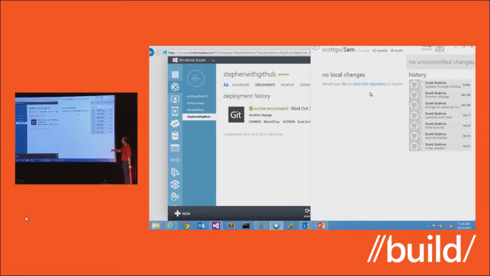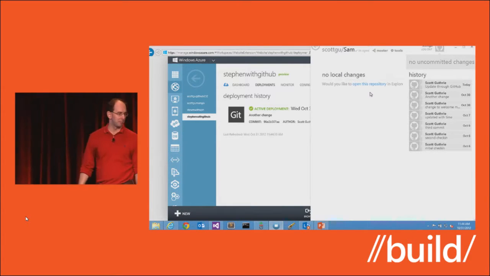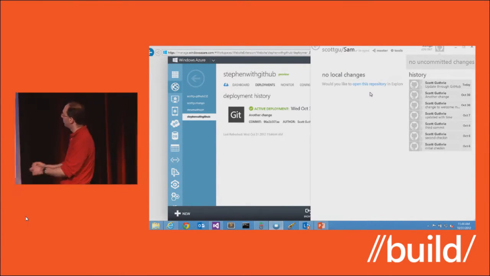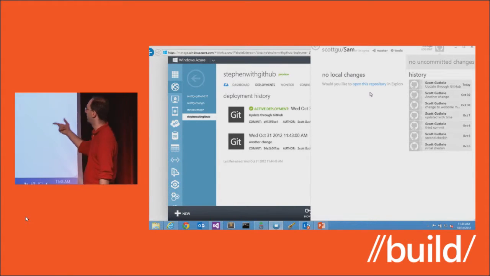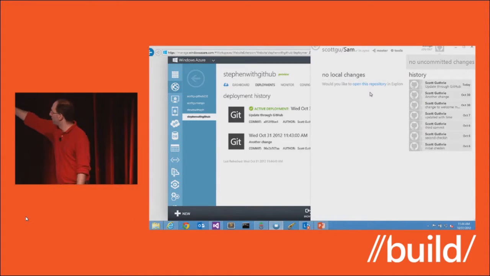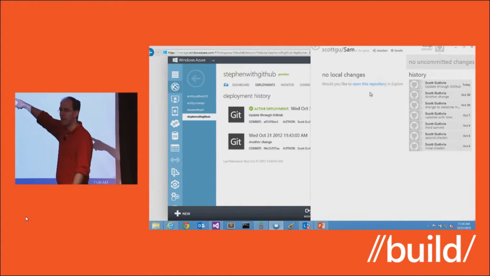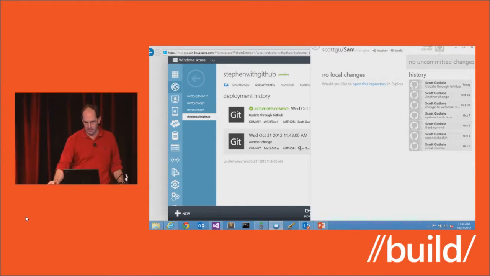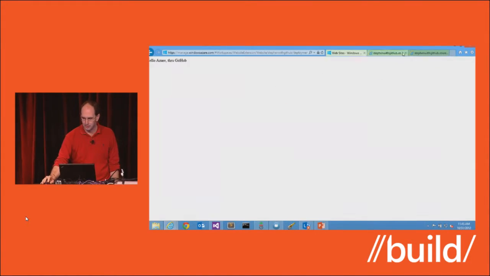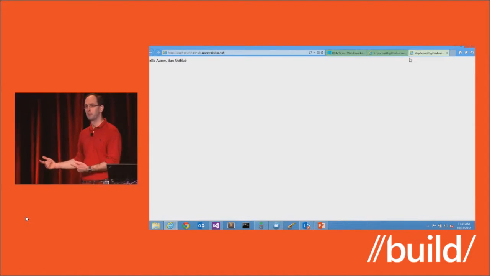GitHub's then going to fire a message to Windows Azure basically saying, hey, someone just made a change. Because I've set it up so that GitHub has a relationship with Windows Azure, anytime someone checks into that main branch, and this is GitHub waiting to send me the message, as soon as it sends the message, Windows Azure will sync that change. There we go. And it just made it live. Notice the update through GitHub text right below that active deployment, so we even pass through the check-ins. And now if I hit refresh, or browse, Hello Azure through GitHub comes through.